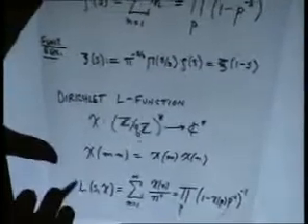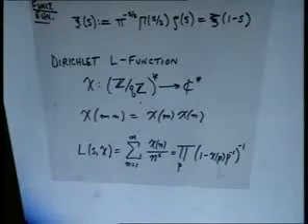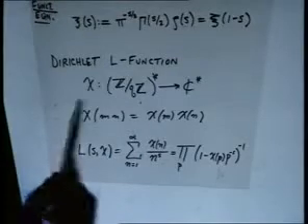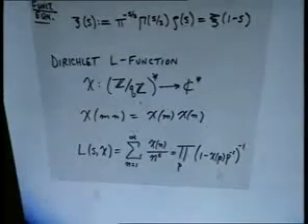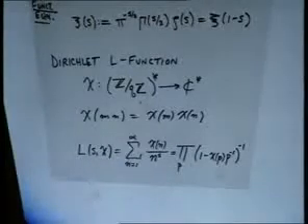As I said, we must look more generally. In fact, the following functions were introduced before Riemann. They're due to Dirichlet. He introduced them to prove his lovely theorem about primes in progressions. So what he introduces, if you take a character of the invertible residue classes modulo q, and you introduce a multiplicative function which you extend to the integers to be 0 if m is not relatively prime to q,